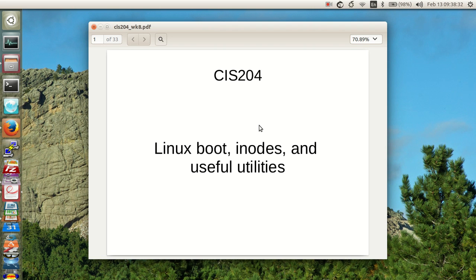You see this GRUB screen and you pick which one of the operating systems you want to load. The operating system that you want to load is pointed to by the BIOS, and then it loads that OS, and the OS loads itself and brings up all these pretty GUI things.